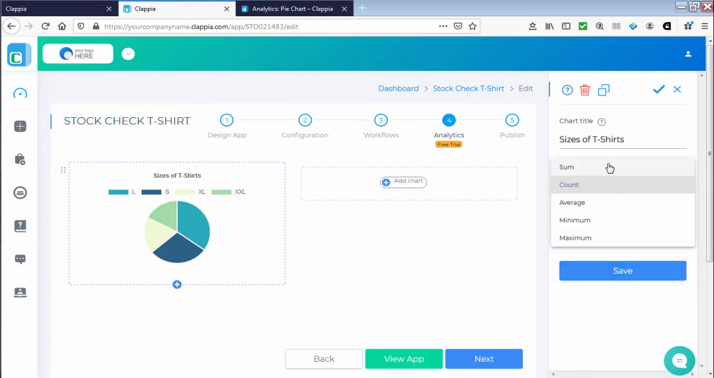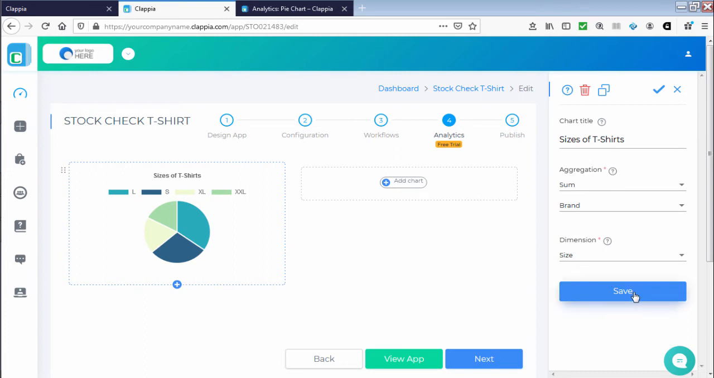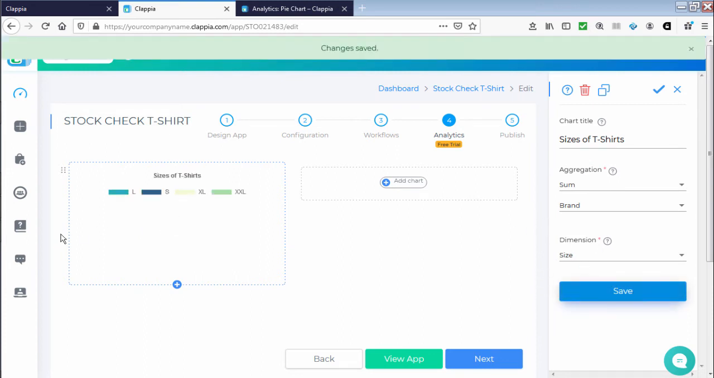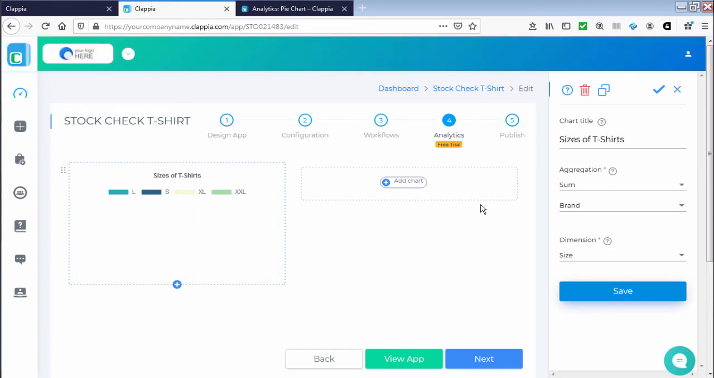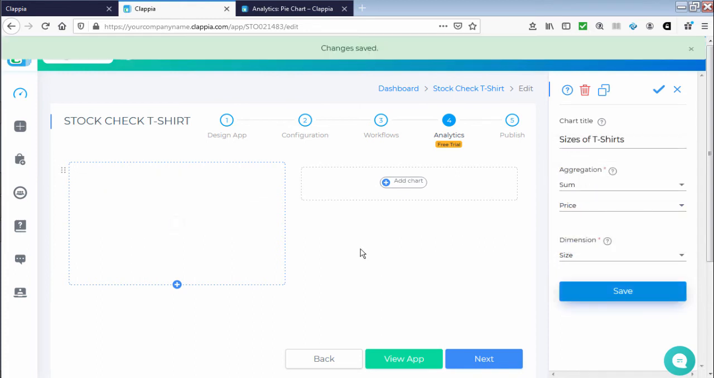So if I now shift to sum and click, let's say, brand, and I click on save, you can see that I would not have any pie chart displayed here, simply because sum is dependent on the numerical values and brand is not a number. And therefore, the only option that I'll be left with are prices, because all the other data are non-numerical. So once I click on save,